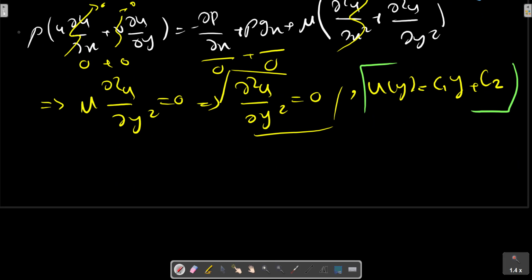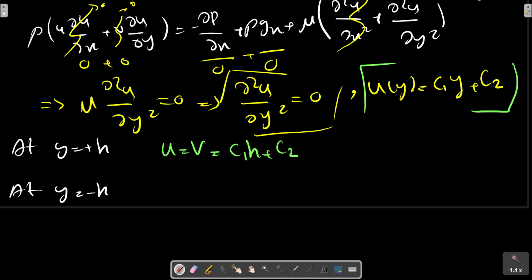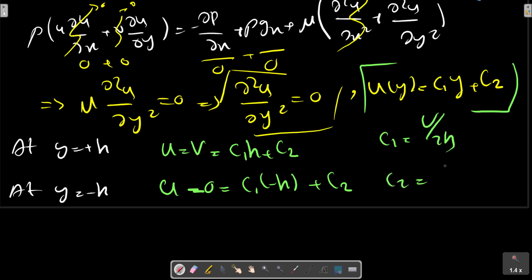At y equals h, u equals V equals c1 h plus c2, and at y equals minus h, u equals 0, c1 times minus h plus c2, or we can obtain c1 equals and c2 equals